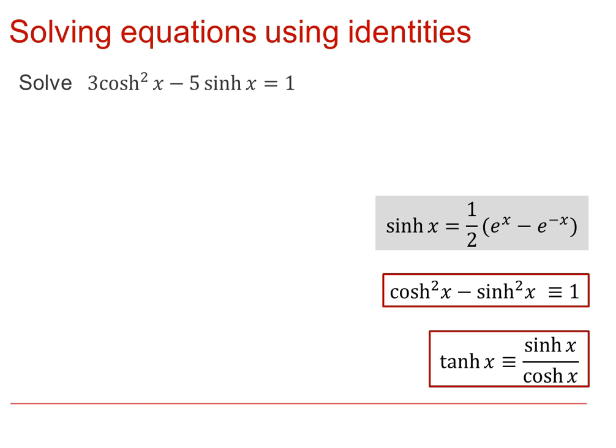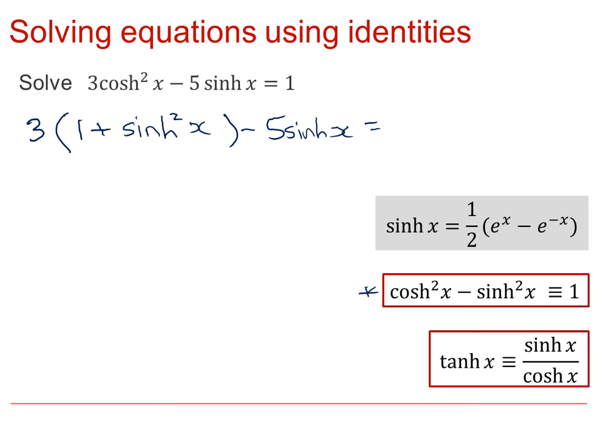Here we have an example of solving equations using some identities. This often uses the same strategies as when we are using circular trig identities. So for example here, we would rewrite the equation we're given as being 1 plus sinh squared x using this identity here, minus 5 sinh x